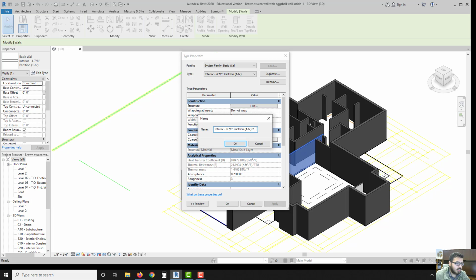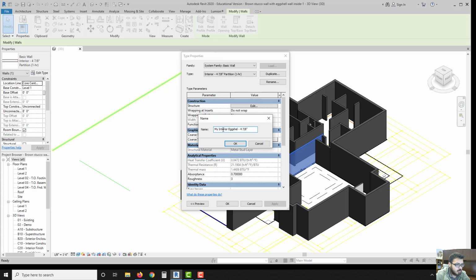What this does is allow you to keep the basic wall, or the generic wall that Revit already has pre-made, and then you can use these to duplicate them and make your own. That way, if you ever need to go back to those default ones for whatever reason, you already have them there. So in this case, I would put my interior wall, and if I wanted, I can even put the size and a color. I believe the project asked for an eggshell wall color. So let's just say